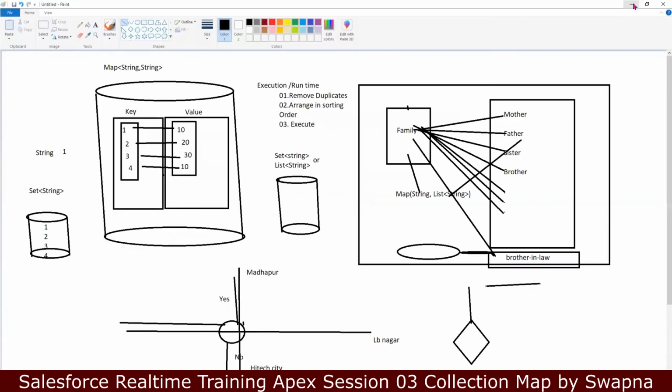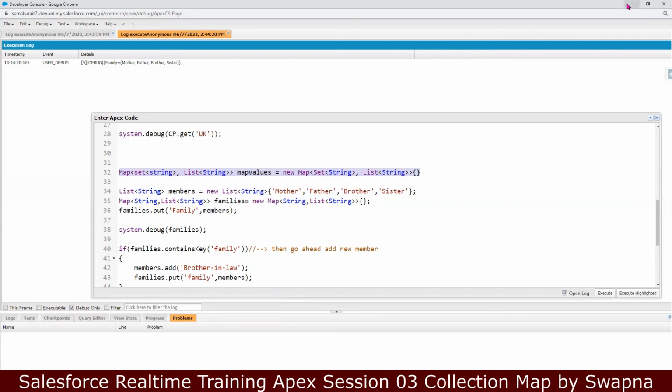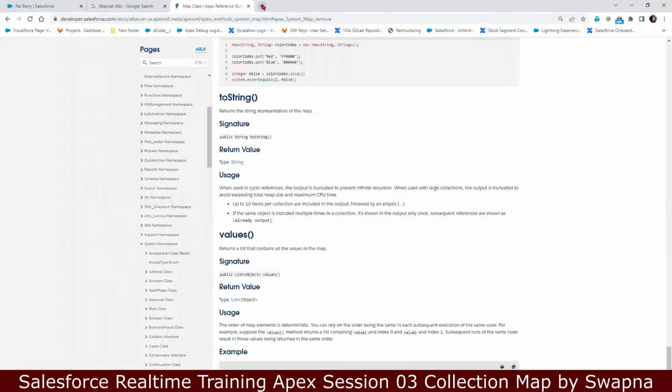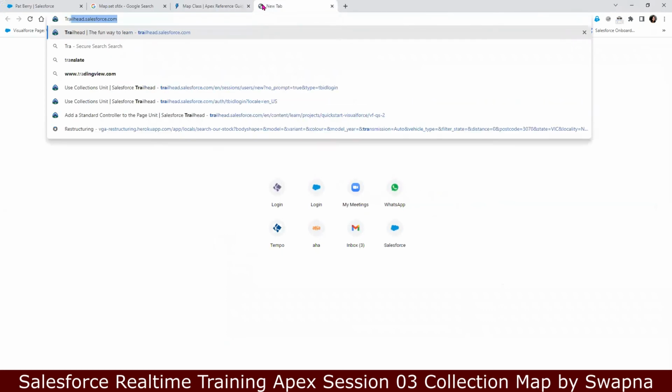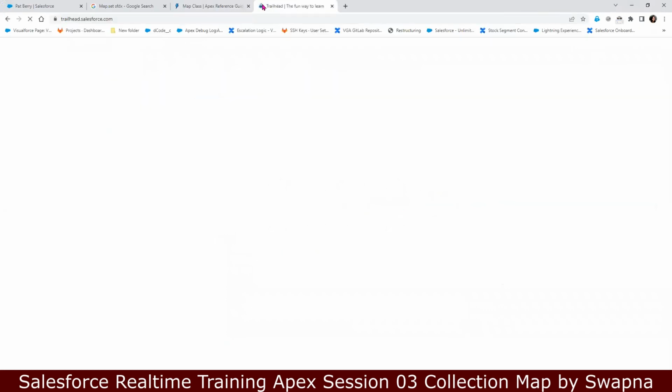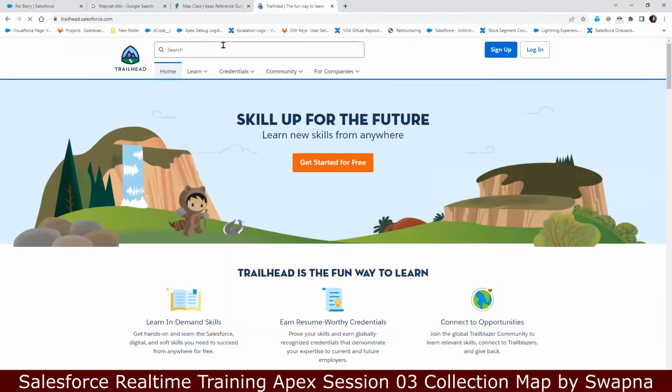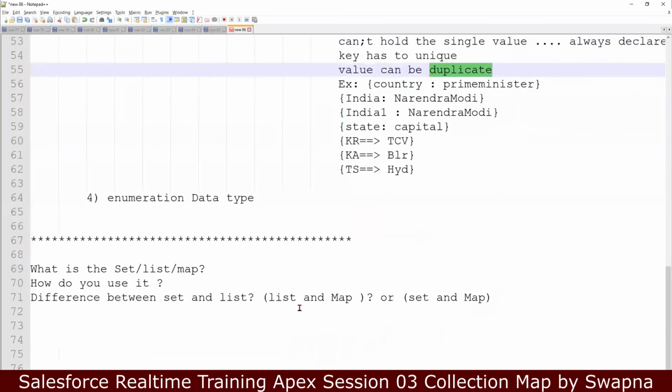And how about the Trailhead? Yesterday, did you complete the Trailhead? Ma'am, session not yet completed. I have to go with the video. Okay. So before going to that,